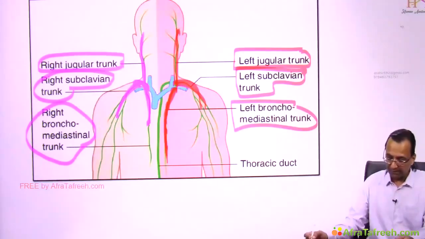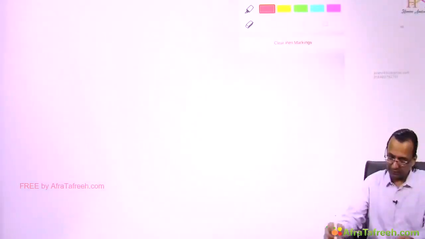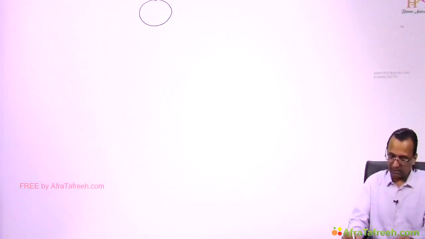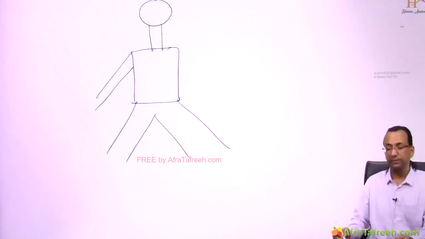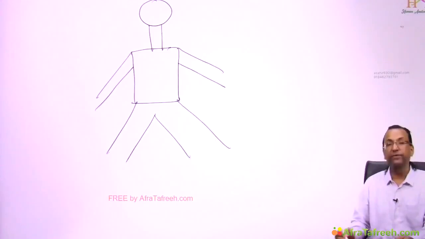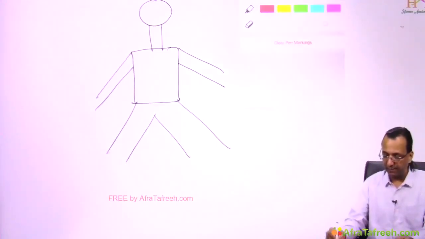So what is your diagram? My diagram is, first of all, I'll tell you this is the head, this is the neck region, this is the trunk region, and this is the upper limb region, this is the lower limb region. And then I'll tell you that if it is the body below the diaphragm,